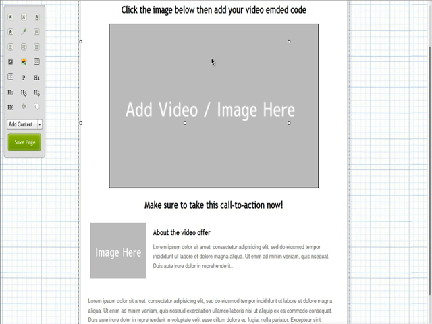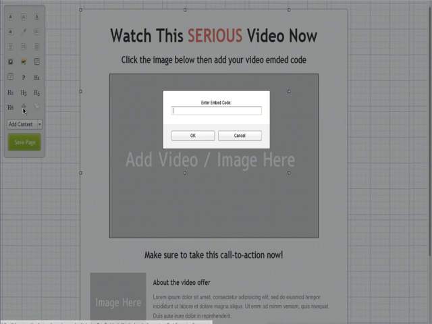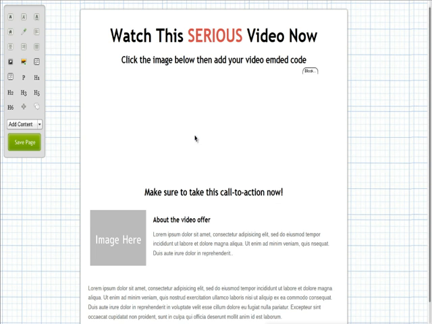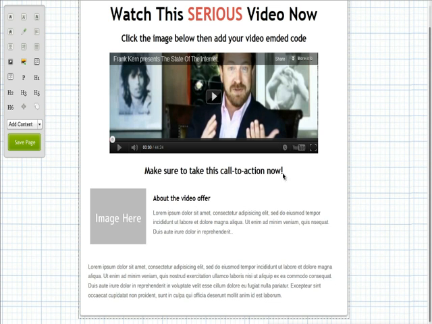Click right here, click add video or image. You can add a video or an image here, and this image or video will automatically resize to 100%, so you do not need to figure that out yourself. So you can click on insert HTML, paste in the code, and it will show up right here. It will show up kind of squished right here, but when we save it,